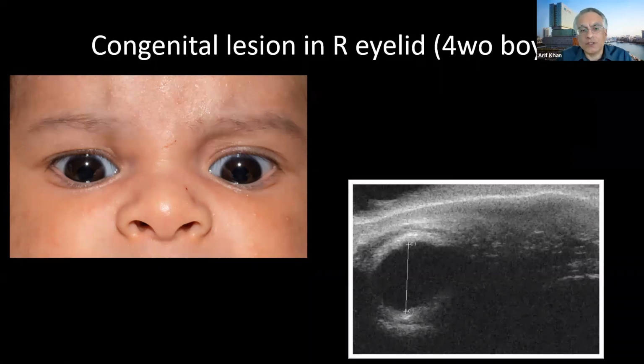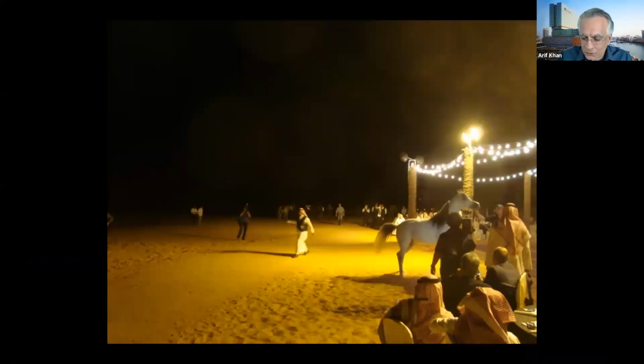The major differential in something like this is a cephalocele, but thankfully we have UBM now, and we can confirm the cystic nature. It's very unusual to diagnose a dermoid cyst at this age, but these parents were really looking at their child very carefully and palpating, and massaging the child's eyelids, and they felt it. They actually didn't see it, they felt it. Then they looked carefully and they saw it. So that's the first